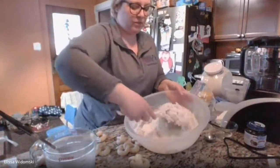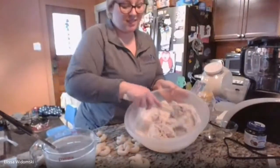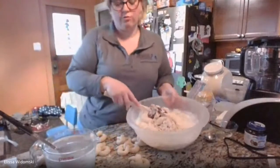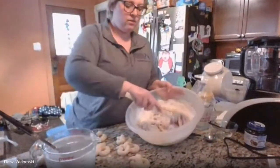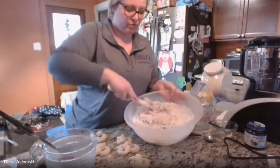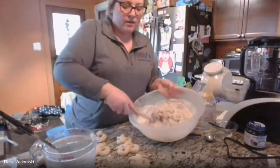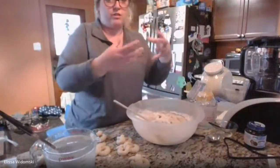Now this is the part that my students love to do because the easiest thing is to mix with your hands at this point. And the next step in the recipe is to knead the dough for 6 minutes. So we want to work that gluten that's in the flour and get it strengthening and lengthening and becoming flexible so that we can get the yeast to activate, and then it's going to all come together and it's going to puff up,